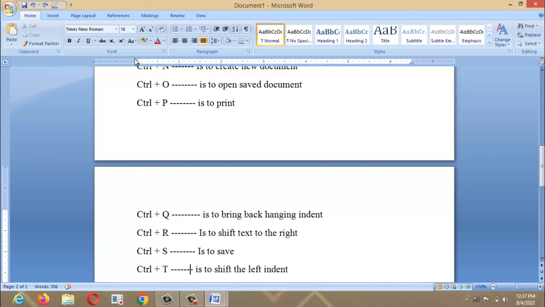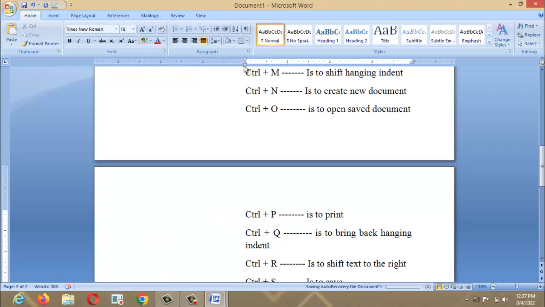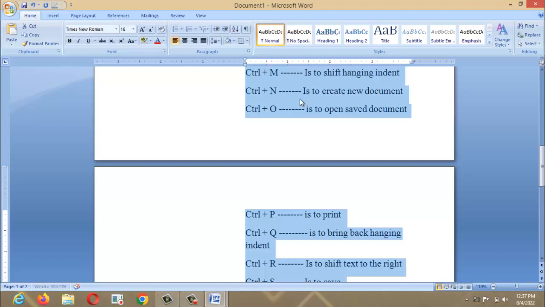Assuming this angle indent is here, if I click on Control Q, it will bring it back. I don't know what is happening, but if I click on Control Q,